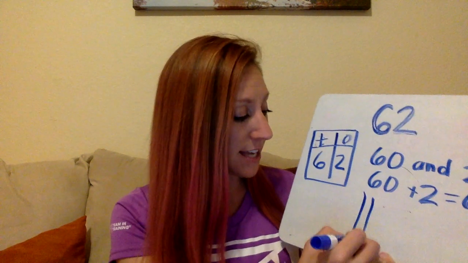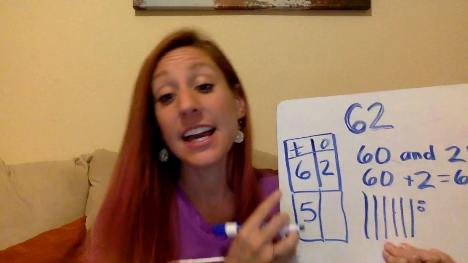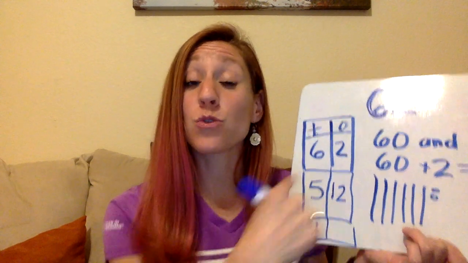Okay, 6 tens, 1, 2, 3, 4, 5, 6, and 2 ones. So 62. If you want to get really tricky, you can focus on your tens and ones here. But instead of 6 tens, you could do 5 tens. If you have 5 tens, I'm going to trade a 10 for 10 ones. So instead of 2 ones, I have 12 ones. You could keep going with that if you want. So instead of 5 tens, I could do 4 tens. Now I'd have to transfer 20 ones over. So you could get really creative with this to focus on the tens and ones here and really work